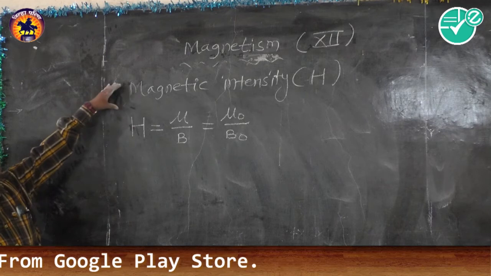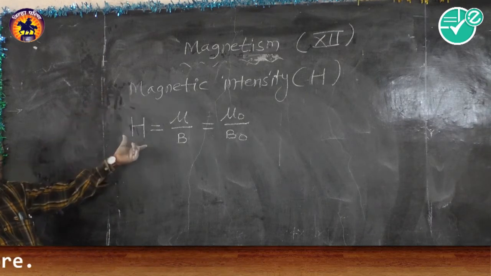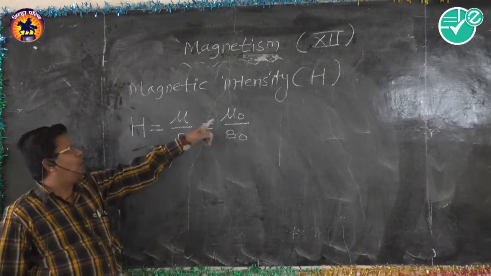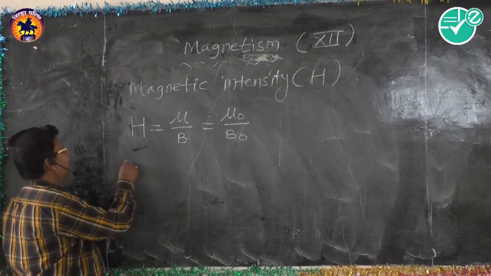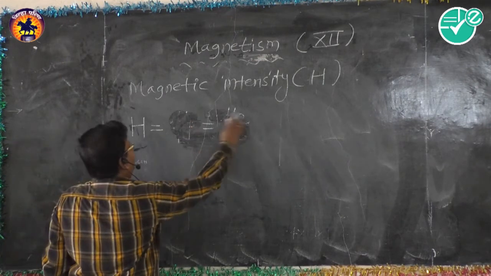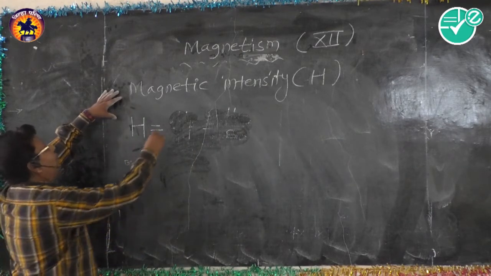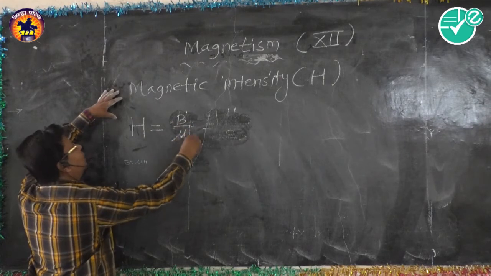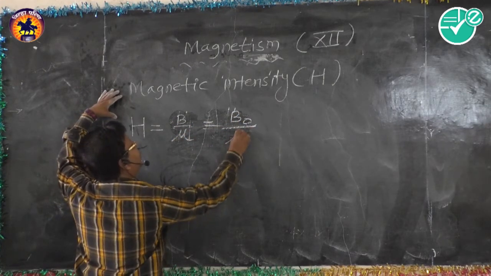That means we define magnetic intensity H, which is the ratio of